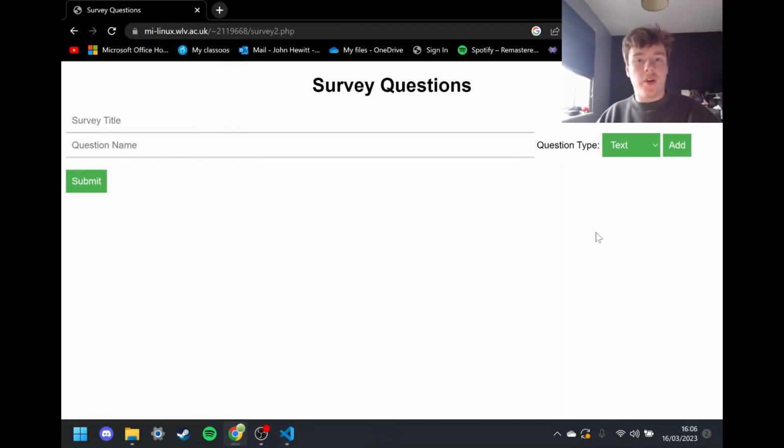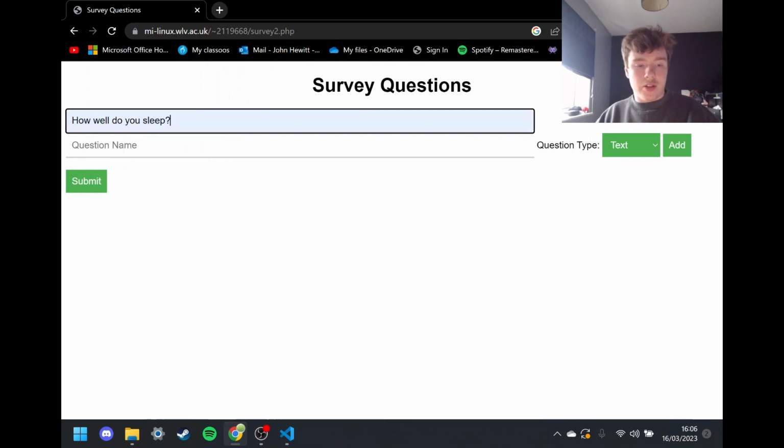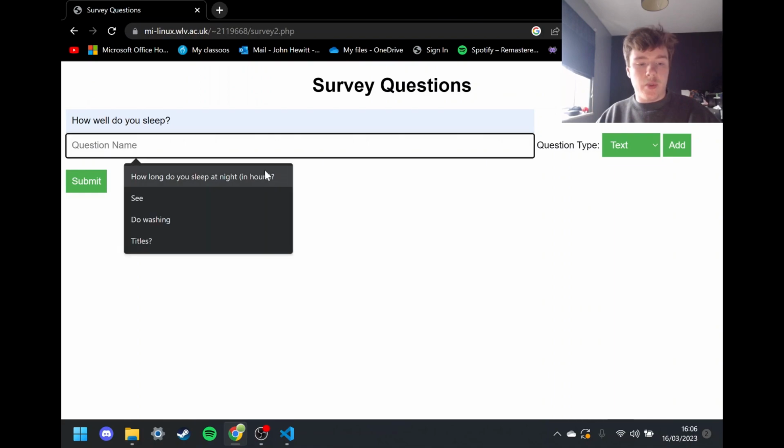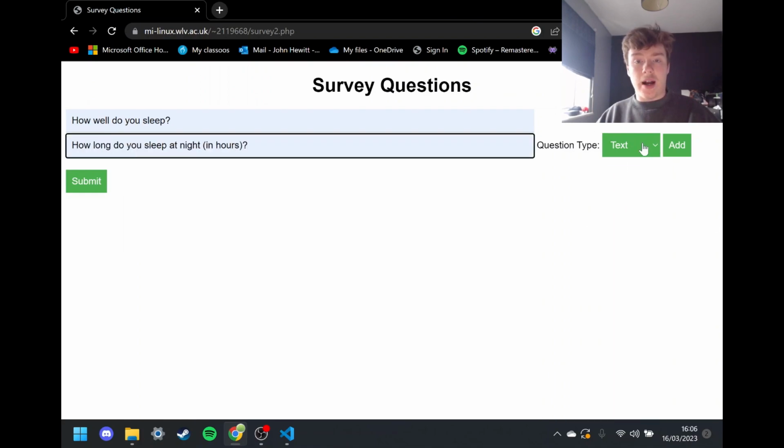Hi, I'm John Hewitt, one of the software developers on this project. I was tasked with making the survey making portion of the web page. Here is two input boxes, one where you put the survey title in, and the second is where you put the question names in. On the right there's a drop down